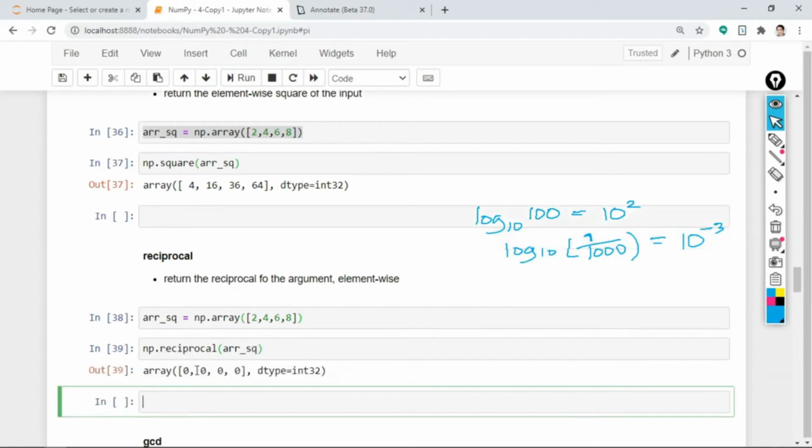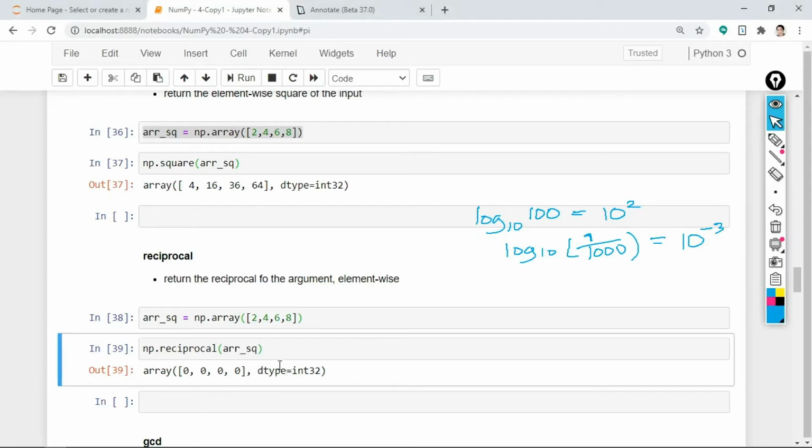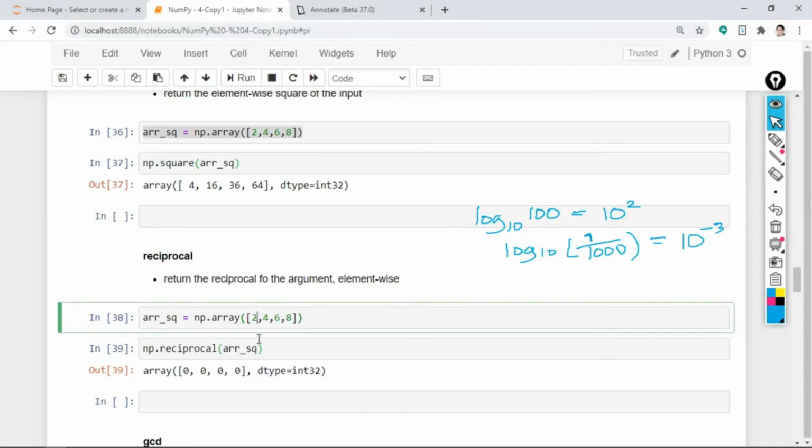Okay, so this time it denotes the reciprocal of 0. Why? Because if you notice here, the value returned is a 32-bit integer, so it has no precision. If you want precision, you place a decimal point here. So it assumes this is 2.0,